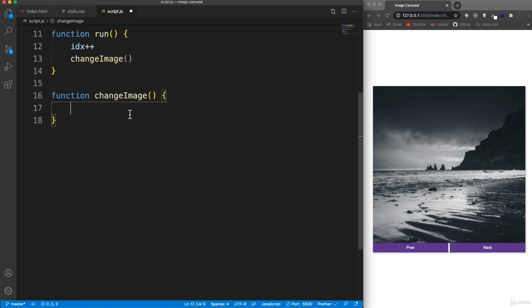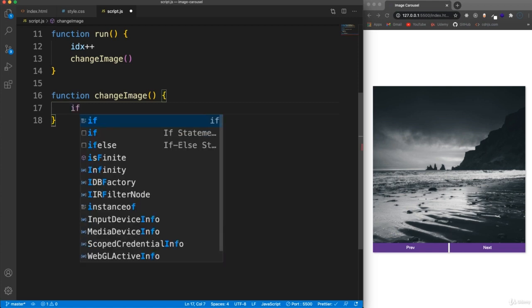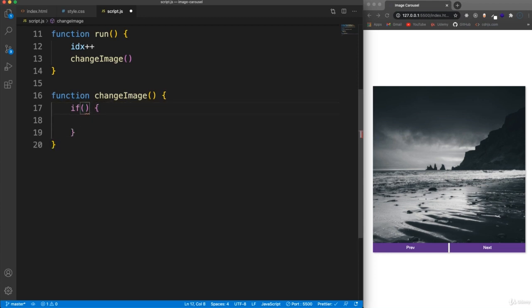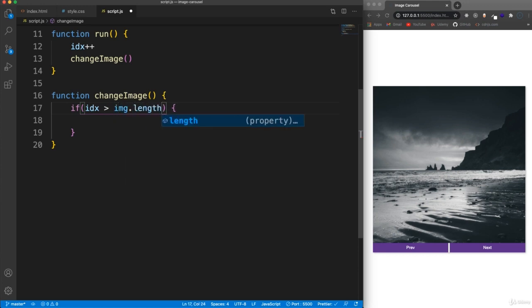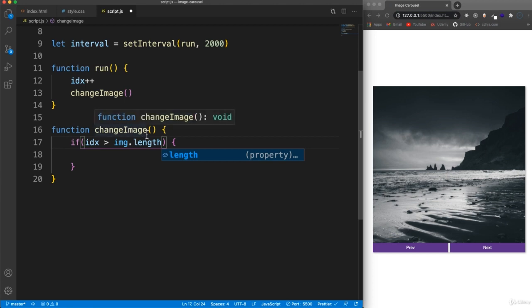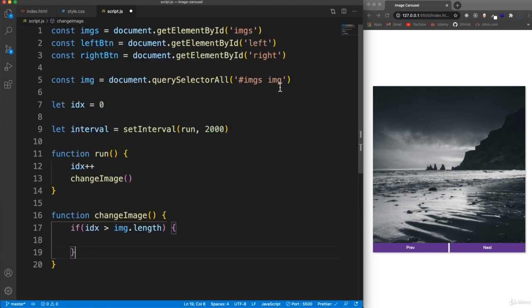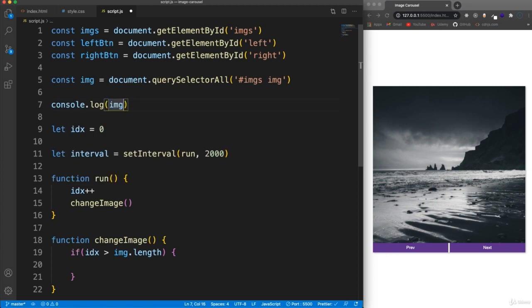And before we even do the transform, though, let's check to see if we're at the beginning or if we're at the end, because then we'll have to reset the index to either 0 or the last image. So we can do that by setting an if statement here, and we'll say if the index is greater than the img.length. Remember, img is a node list of all the images, so the length will give us exactly how many images there are. Now the thing with this is, actually I'm just going to console log real quick img,